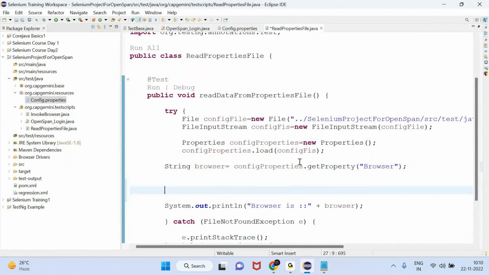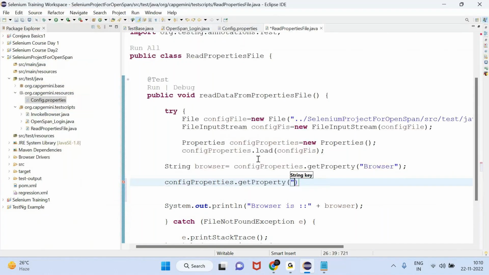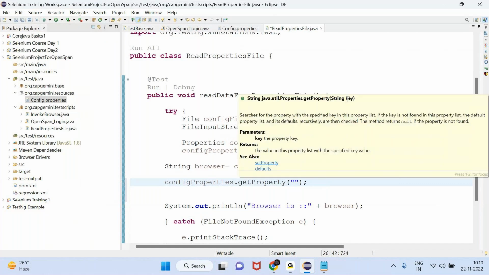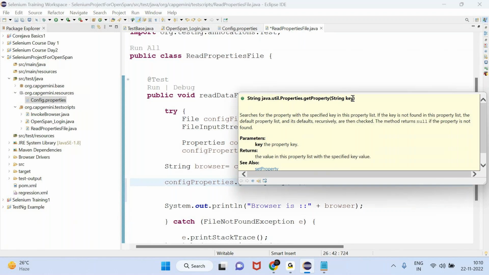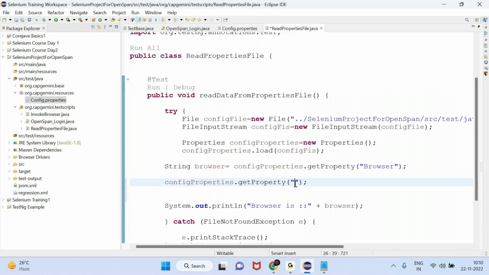Config property dot get property. It will take string key. Whenever you are calling a method, right? Okay, this is the thing we learned. It will take the argument as string key. That means what is the key name you need to pass. Then string